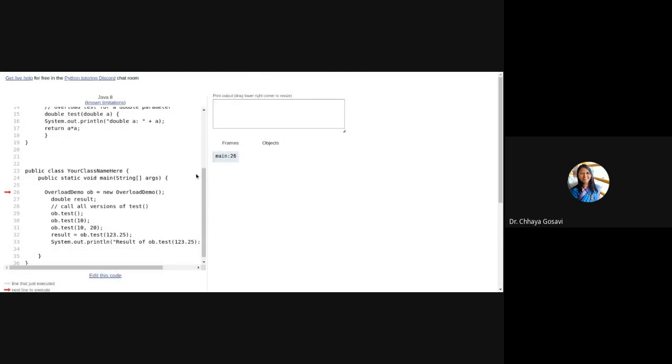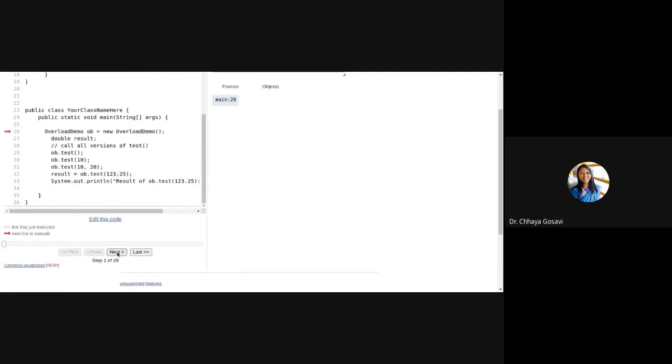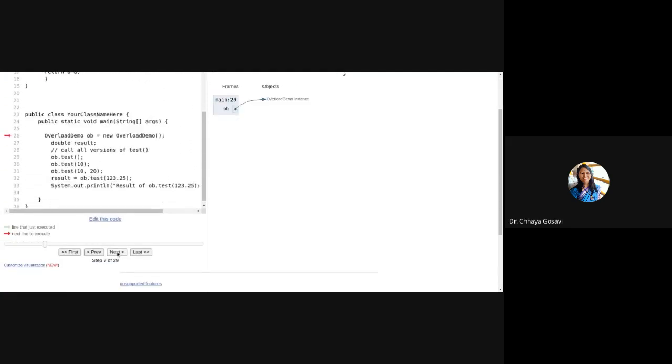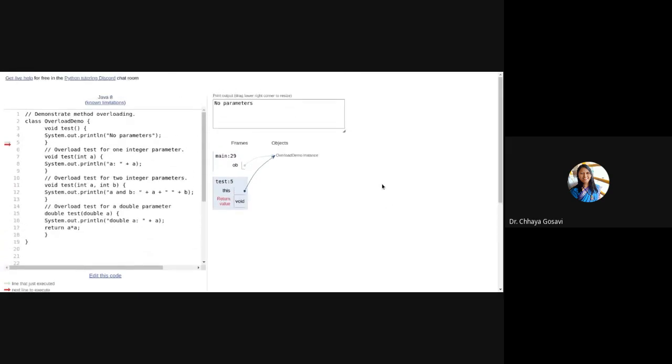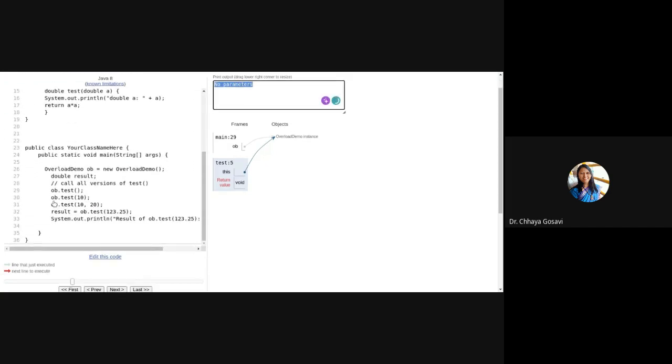So depending upon which input we pass, note that it is not necessary to call all the methods of a class. You can call any method of your choice, as a programmer for the particular use. It has said no parameter for ob.test.